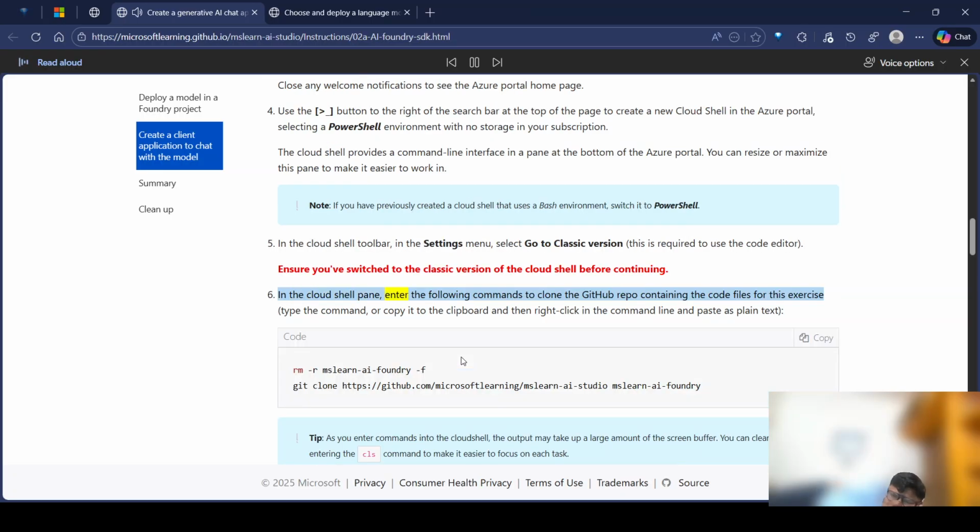In the Cloud Shell pane, enter the following commands to clone the GitHub repo containing the code files for this exercise. Type the command, or copy it to the clipboard and then right-click in the command line and paste as plain text. git clone https://github.com/MicrosoftLearning/mslearn-ai-studio mslearn-ai-foundry